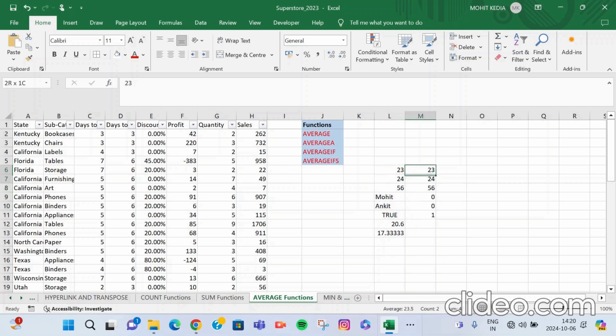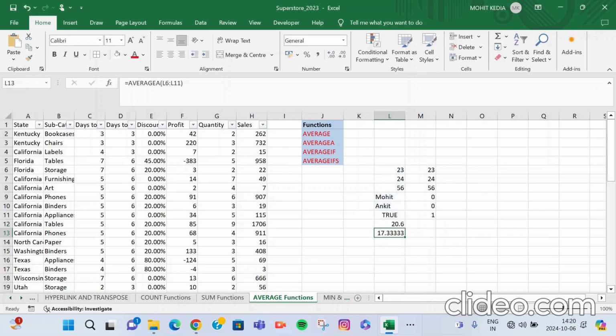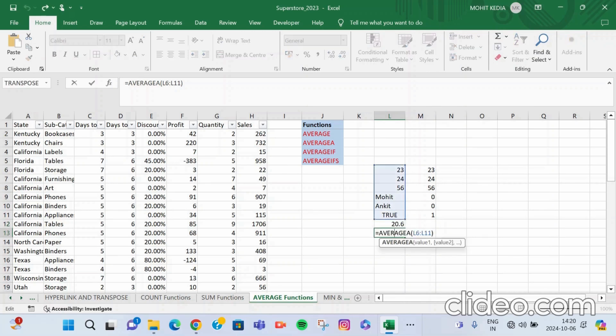So text is treated as 0, and a blank is ignored, but a TRUE value is treated as 1. Now, what does the AVERAGEA function return? This is the AVERAGEA function over the range from 23 till the end of the array. It returns 20.6, and if I include TRUE in the data, it will return